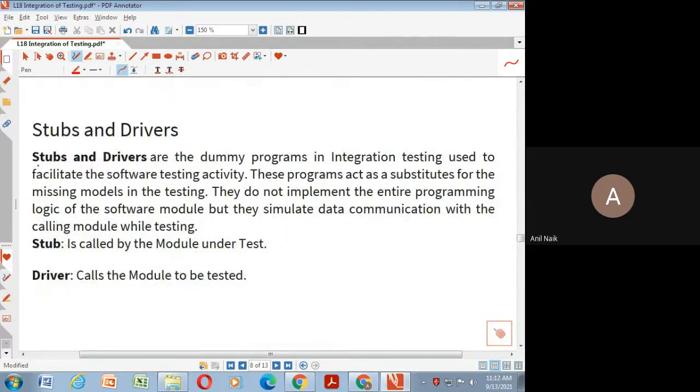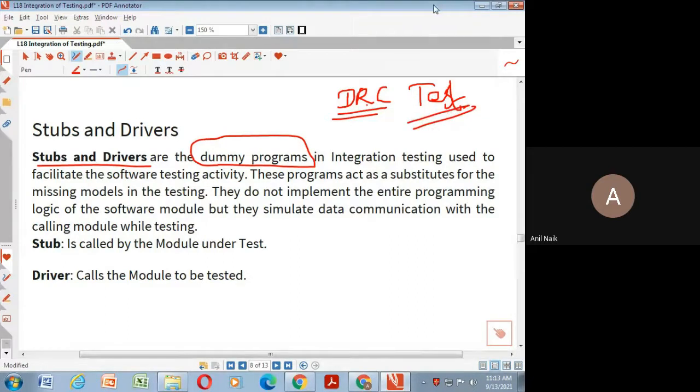So what are the stubs and drivers here? These are the dummy programs or dummy modules. Like, we can say your DRC test. In TCS, you people have gone through the DRC test. That DRC test is a dummy. That is not your final recruitment test. It is a dummy module where we are doing some testing whether the candidate